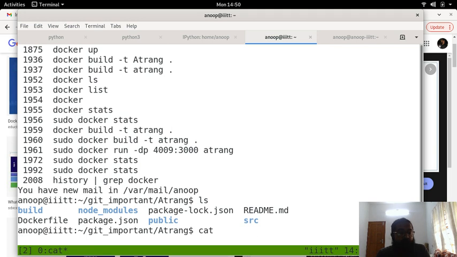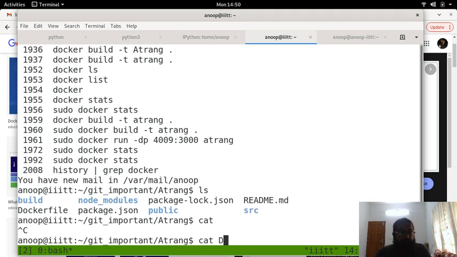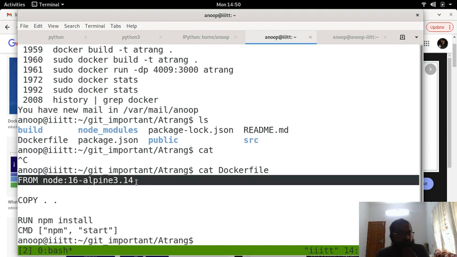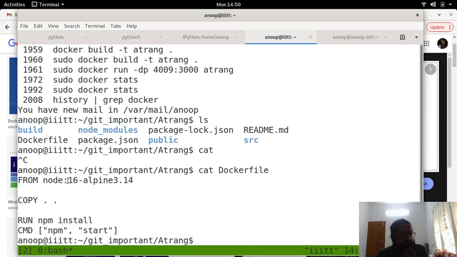And I'm sorry, not cat, yes, cat docker file. So in the docker file, it says from node 16 Alpine 3.14, so that is Alpine based Linux distribution that it needs to pull, and the node is for running the node server, which means that node comes pre-installed in that.